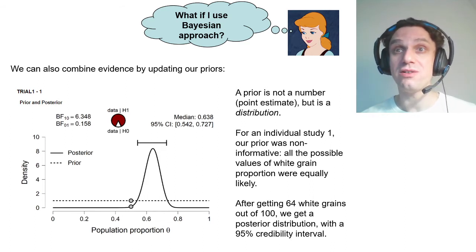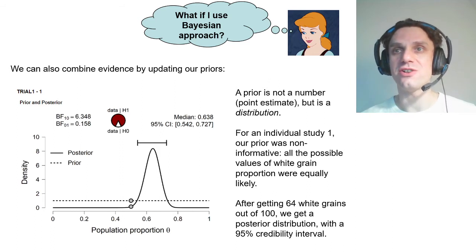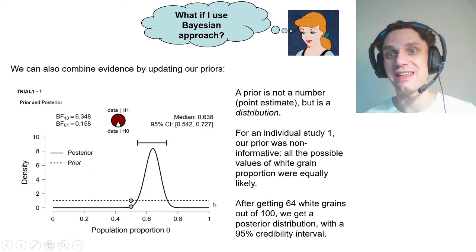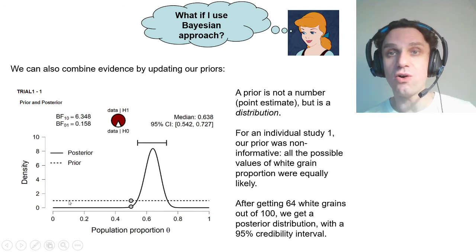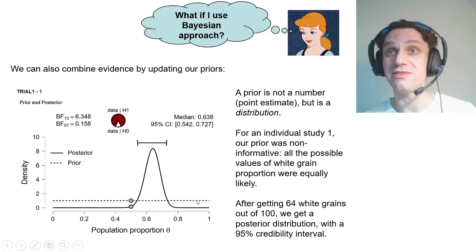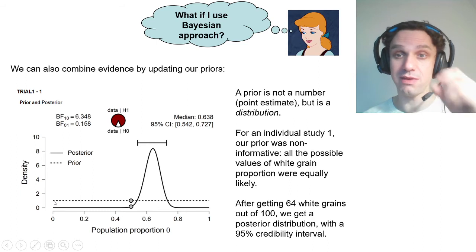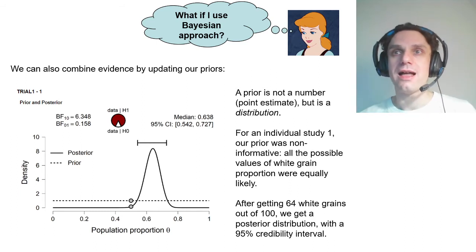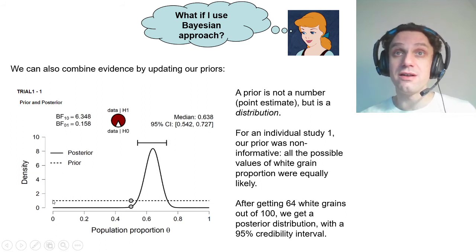Here we call a prior which is called non-informative prior, and it is shown graphically on this picture with a dashed line. Basically, we supply the information that all the possible outcomes are equally likely. All the possible values for the proportion of white grains are equally likely because we don't know what stepmother has put in this box. And after supplying this prior